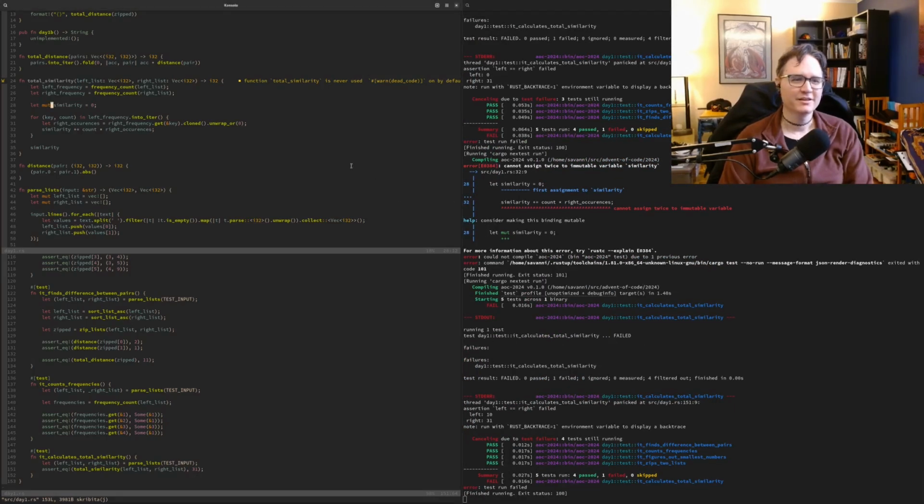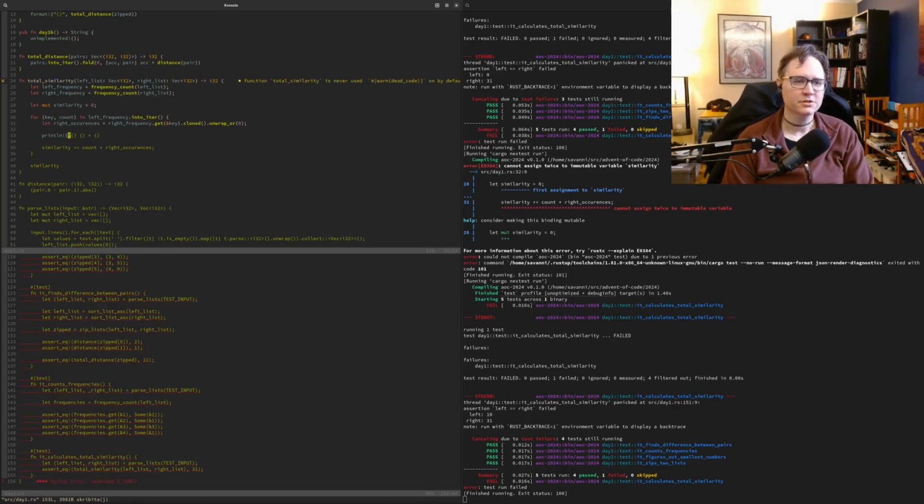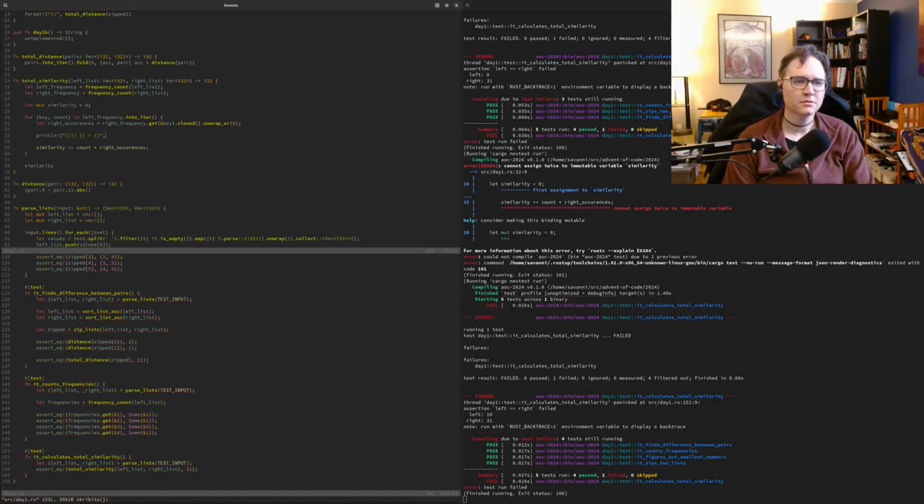Okay. I'm just going to get some debugging information in here. So the key, the count, occurrences, get some nice formatting in. So key, count, right occurrences.